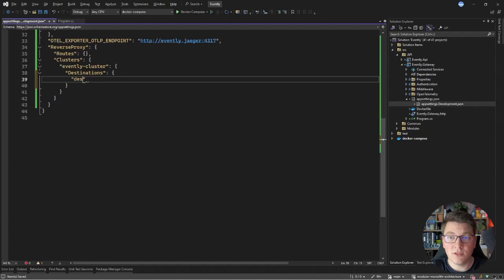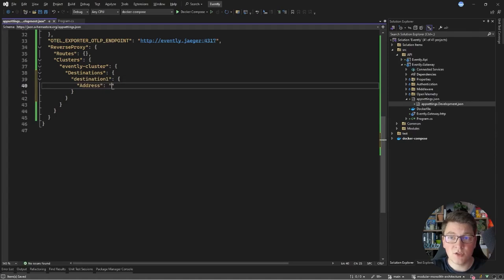I'm going to call this the destination 1, and we need to assign a respective address for this destination. So this is going to point to my Evently API instance, but it's really important that I point this to the instance running inside of the Docker network. And this is going to be HTTP Evently API, and then the HTTP port